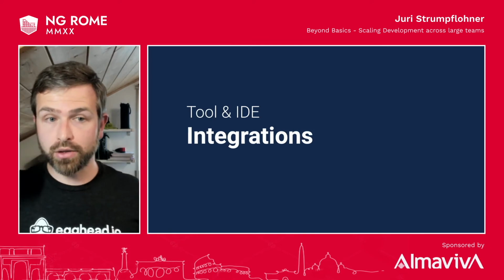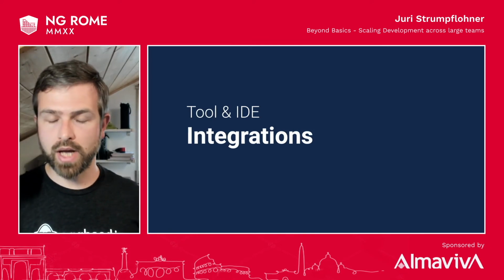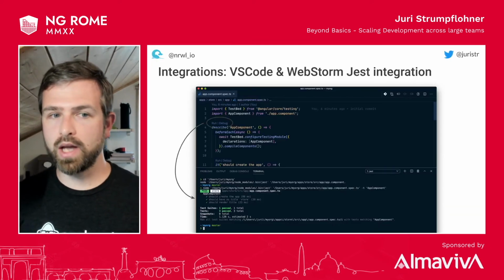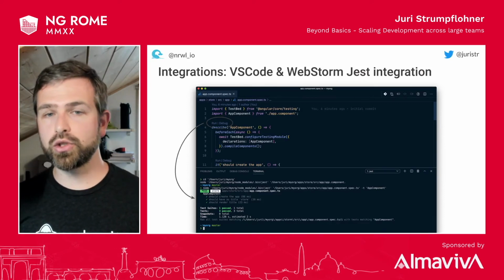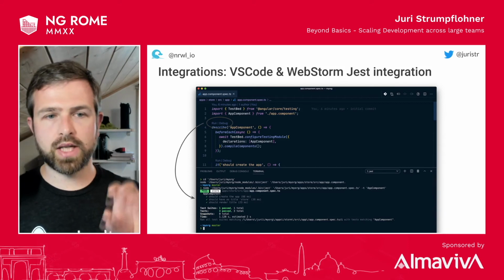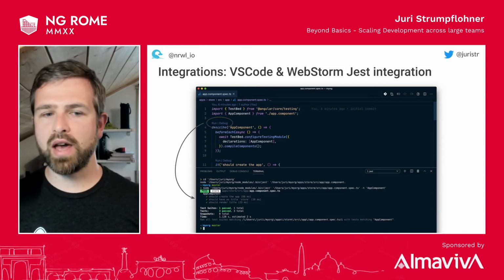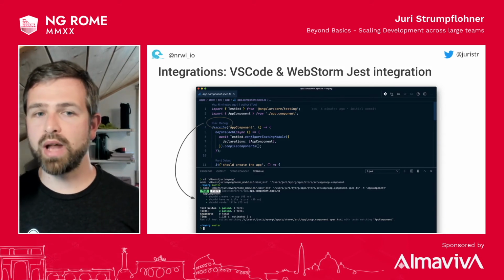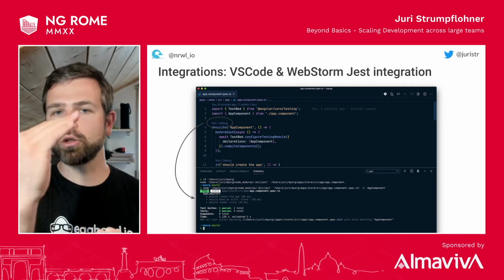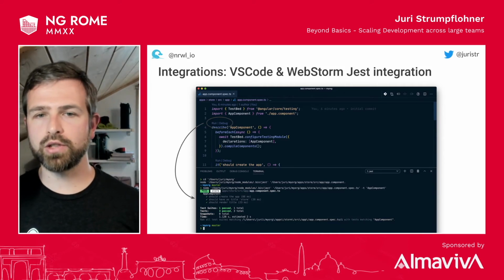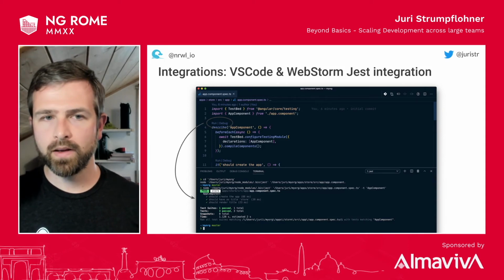Finally, also tool integrations, of course, and into the IDE. So for instance, NX provides some integrations with Visual Studio Code and WebStorm. You can, for instance, just run the Jest test if you have some of the Jest runner plugins installed. They will automatically pick up inside your monorepo the actual configuration for Jest and then run it.